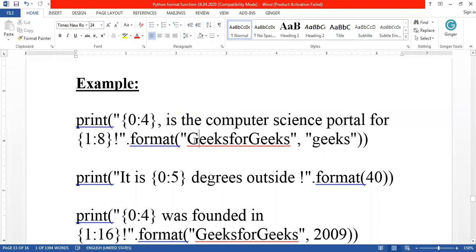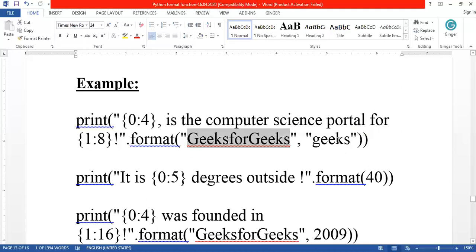But here the string is very lengthy, so there will be no remaining space. How many spaces will it occupy? 1, 2, 3, 4, 5. So it occupies 14 spaces, including the null string. This has 14 spaces, so here it is represented as 4. There will be no empty space in this. If there were any empty space, a minimum of 4 spaces could be empty, but there is no room to accommodate it here, so the entire characters fill the spaces.